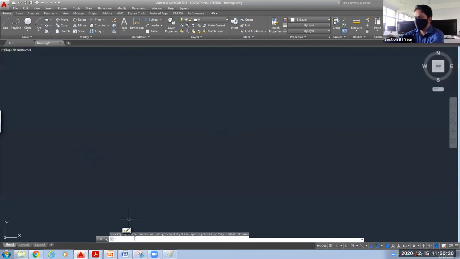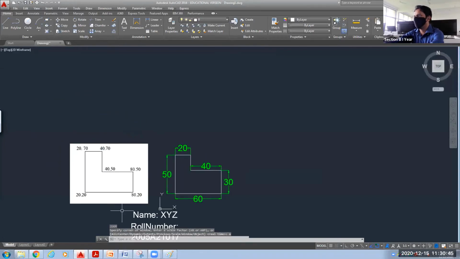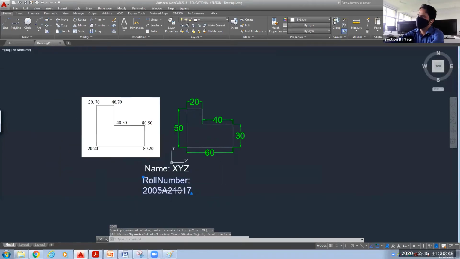Now again, this is not coming to your screen. So the command that you have to use is Z for zoom. Press enter. A for all. The first option that you can see here. A, enter. Now whatever we have written here, it is coming here. Okay.